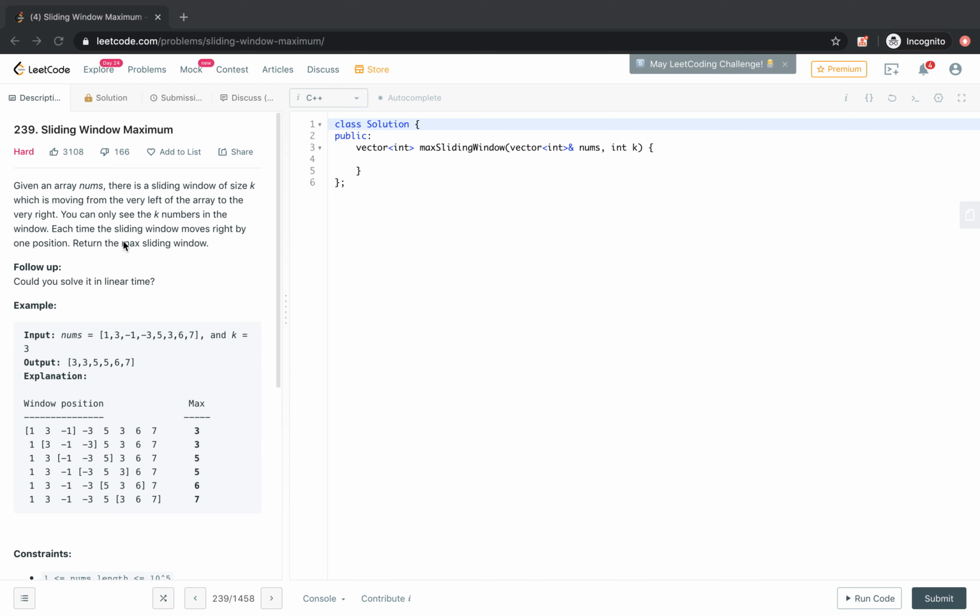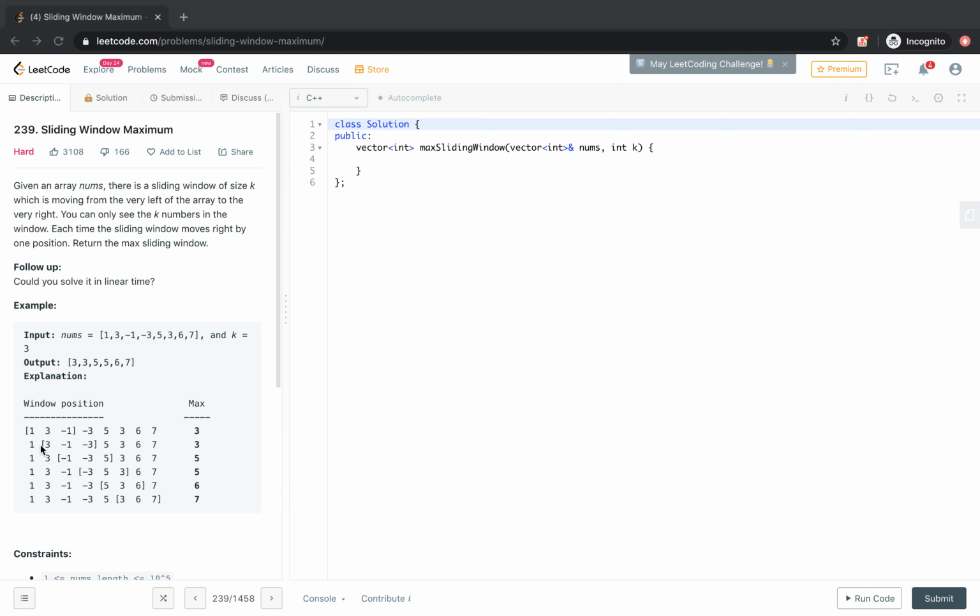Today we are going to discuss problem number 239, which is a hard problem, Sliding Window Maximum. So basically we are given an input array of integers like this one, and a sliding window size of k, which is also an integer, and we have to find the maximum value of the subarray of that size. Suppose we start the window from the 0th index with size 3, so 1, 3, -1 will be part of that window, and we have to find the maximum.